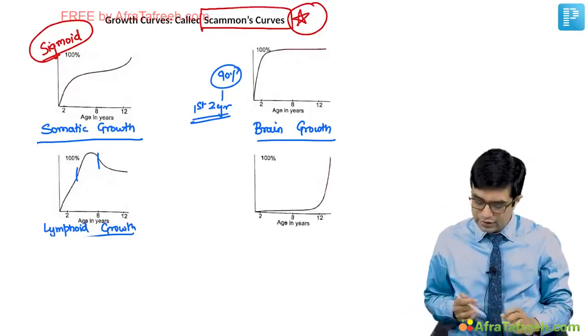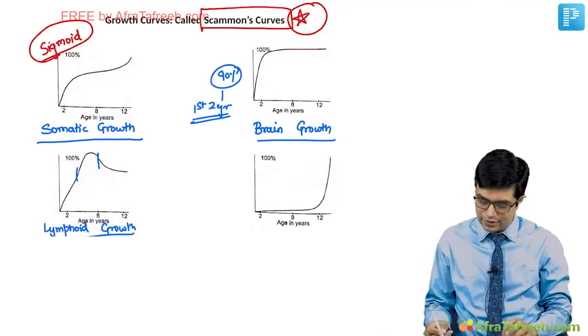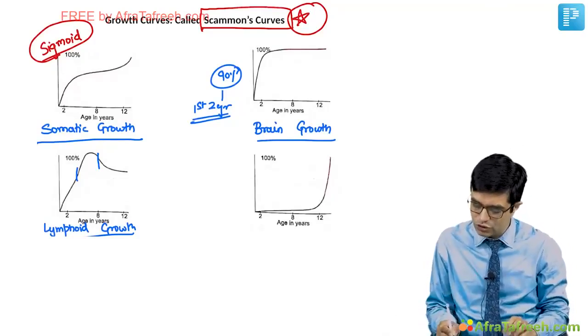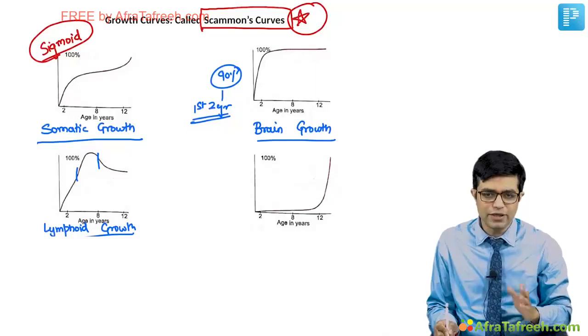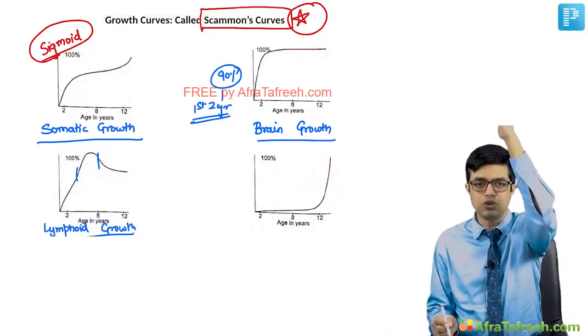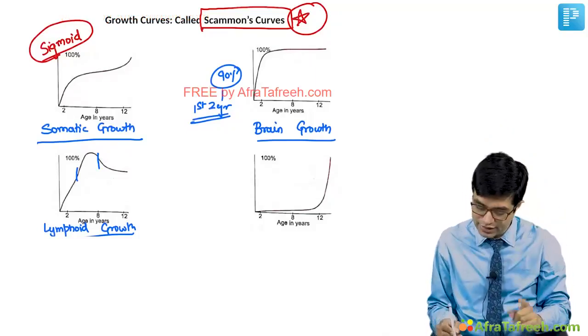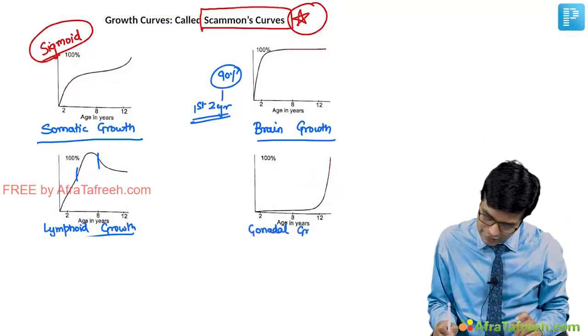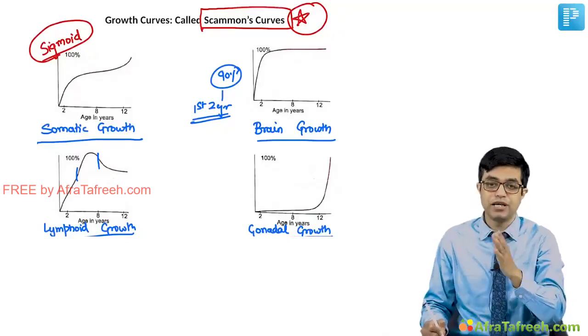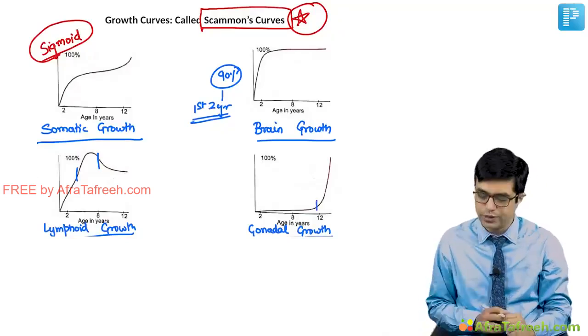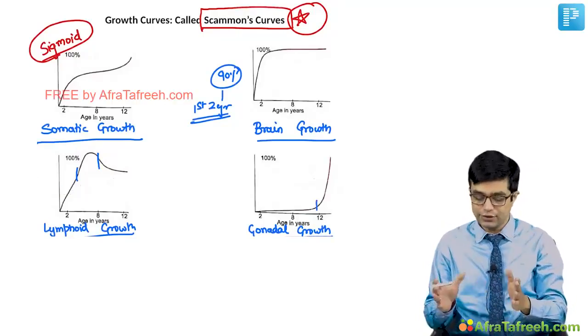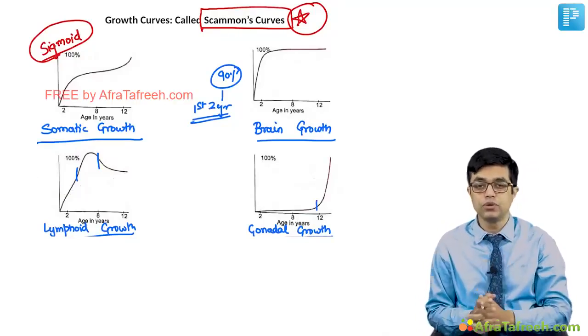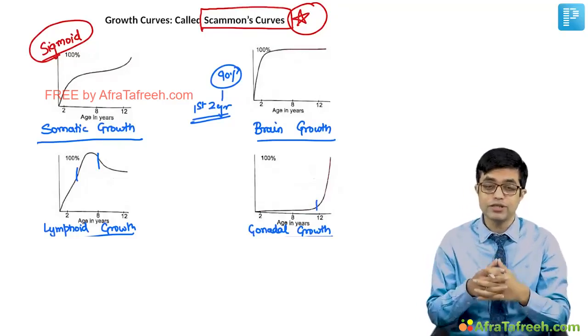And the fourth pattern is this. This is the typical growth pattern. It was almost normal till 11 or 12 years, and at 12 years there is a rapid upshoot. Puberty is happening here. So this is the gonadal growth pattern, also called the reproductive tissue growth pattern, which becomes active once puberty begins. So these are the four growth patterns which you need to know in detail.